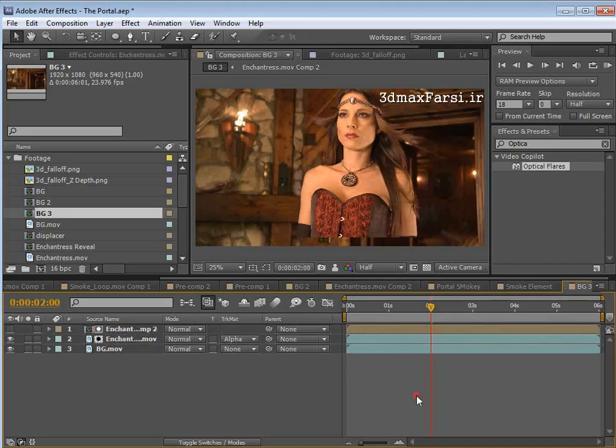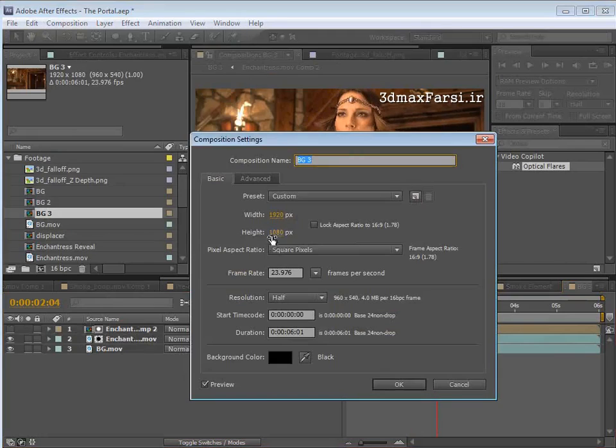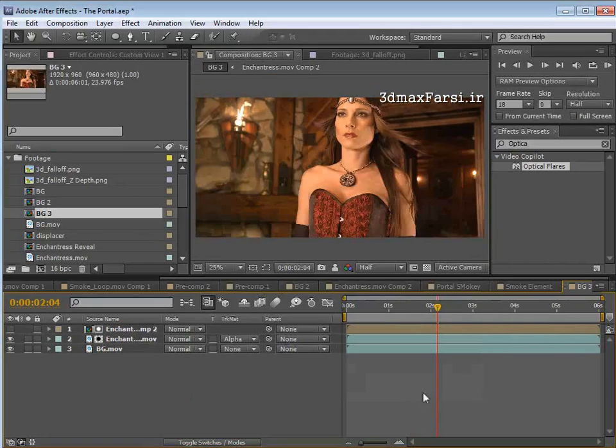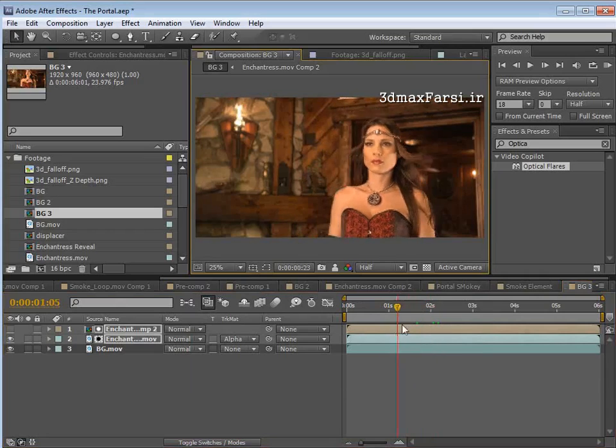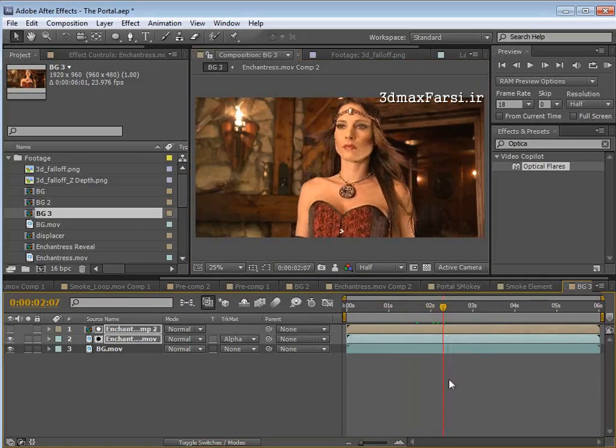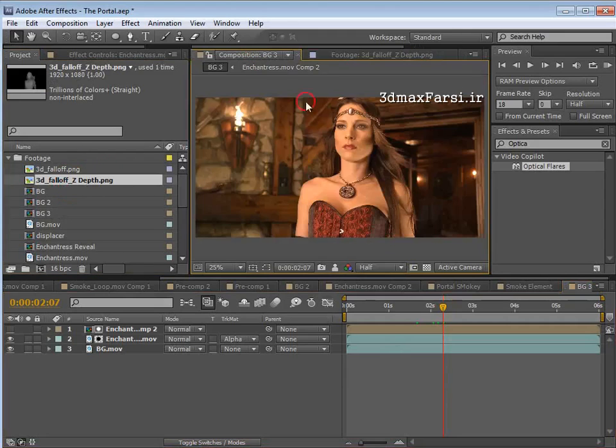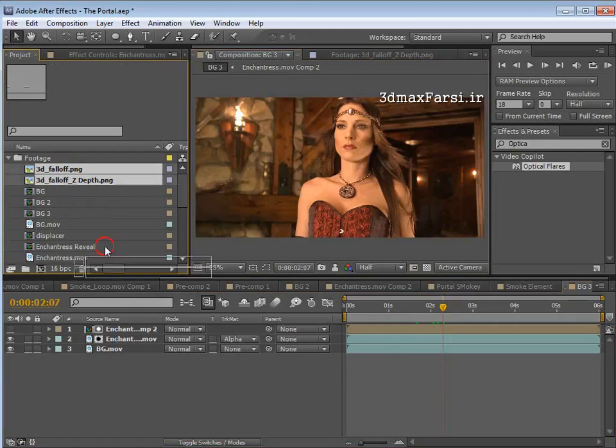So flip that. And what the heck, we'll go ahead and set this to 960. Very nice. Let me move this down just a little bit here so we can see it. So we have the girl coming out. It's looking pretty good. One of the things we need to do is motion track our Z depth pass onto our actor here. So what I'll do is I'll bring out the two passes,